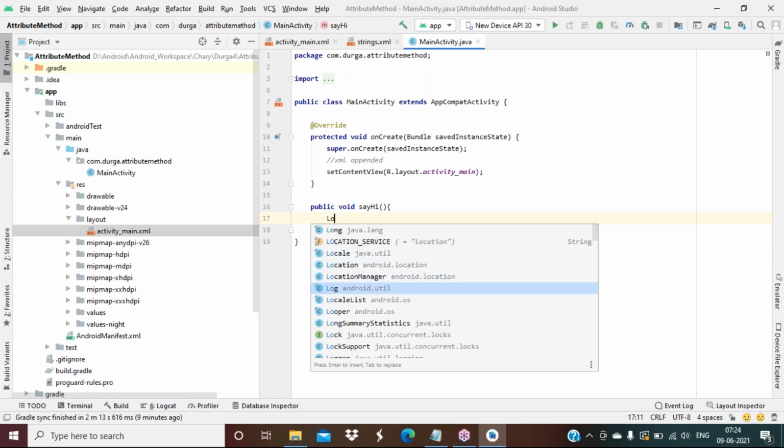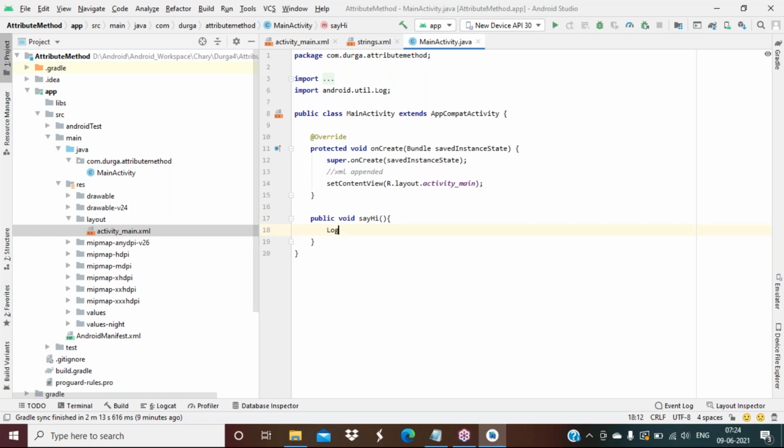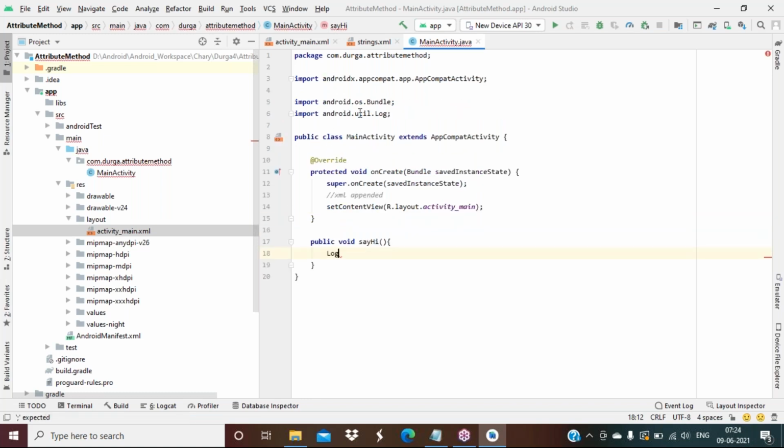Wait for this. You need to import the object state. See here, import android.util.Log. This should come. We cannot remember this because there are a lot of SDK packages. We cannot remember all those, so better you wait for it and then do.